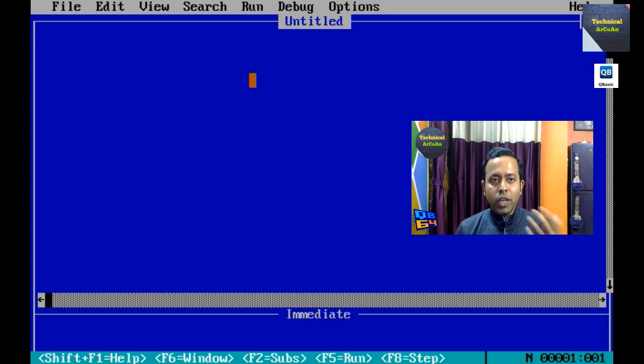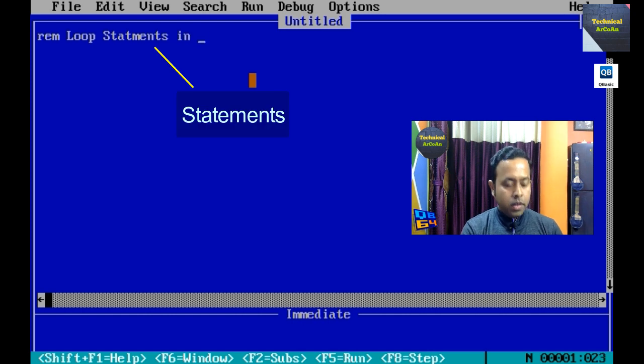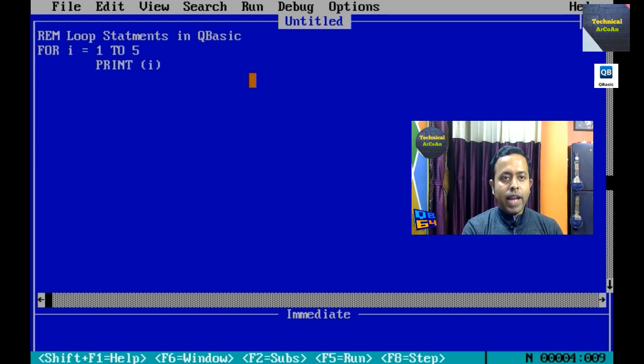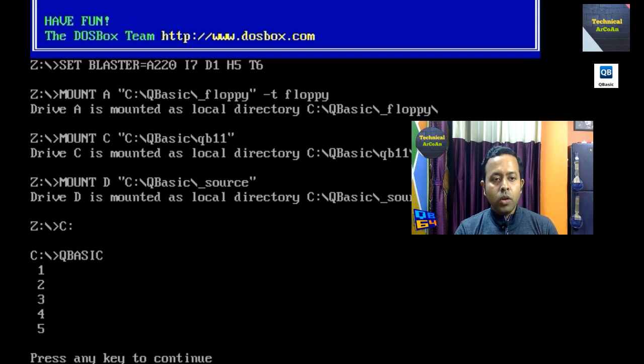So at first, in the QBasic IDE, I just write the code for the FOR NEXT loop, okay? Just write here at first REM loop statements in QBasic, right? Now at first we write FOR I = 1 TO 5, and then suppose we print the value of I, just write PRINT I here, and after that we write NEXT, and then END, right? Now if we execute, just press F5, it prints 1 2 3 4 5, means 5 times